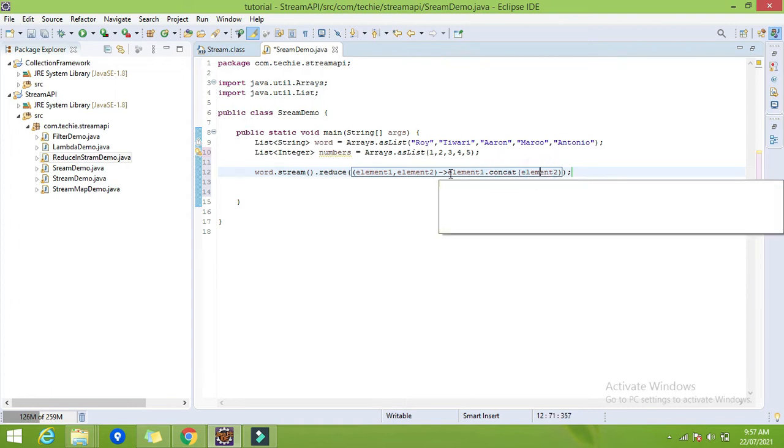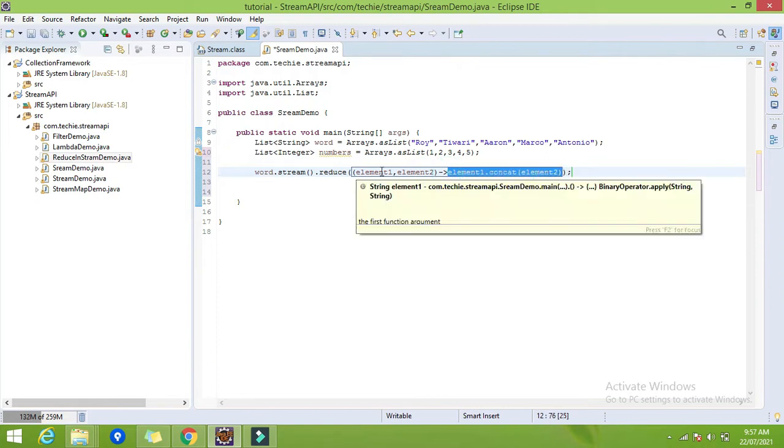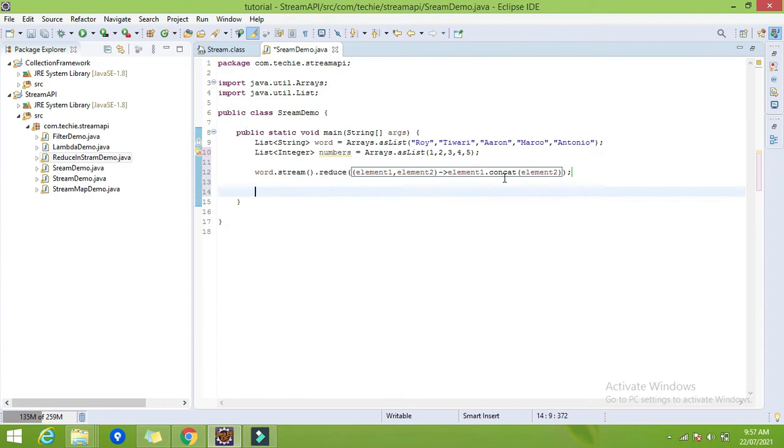Whatever the result of this will be accumulated into element1. Let me explain. It will produce RoyTiwari as the result of this operation, right? Now it will accumulate to element1, so it becomes element1.